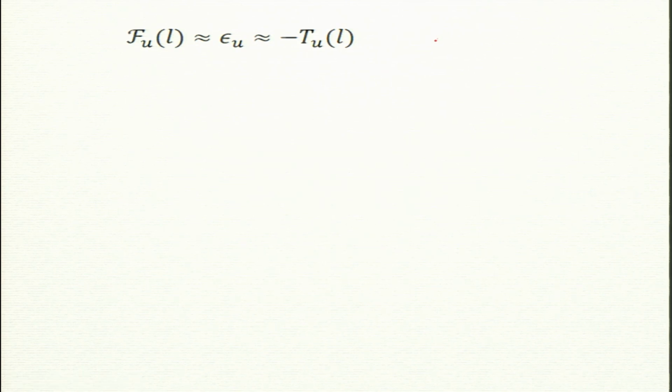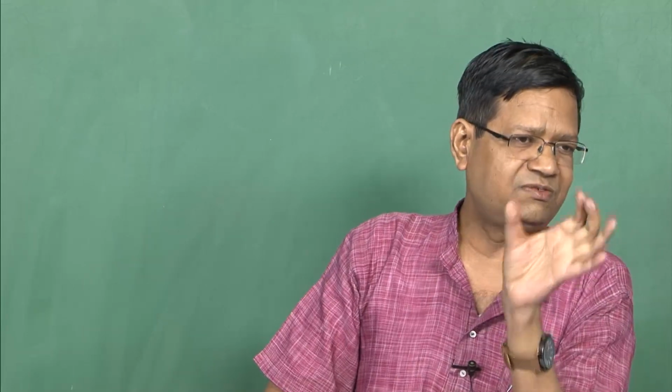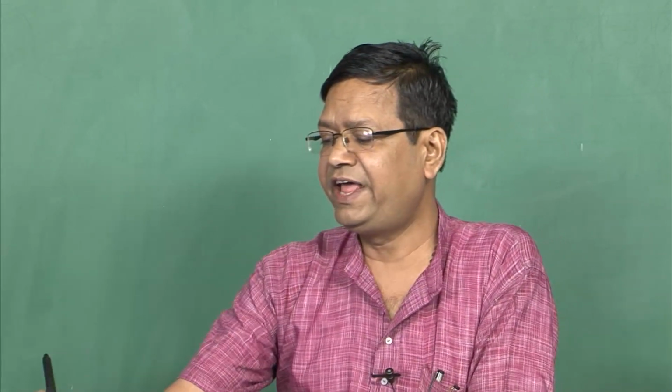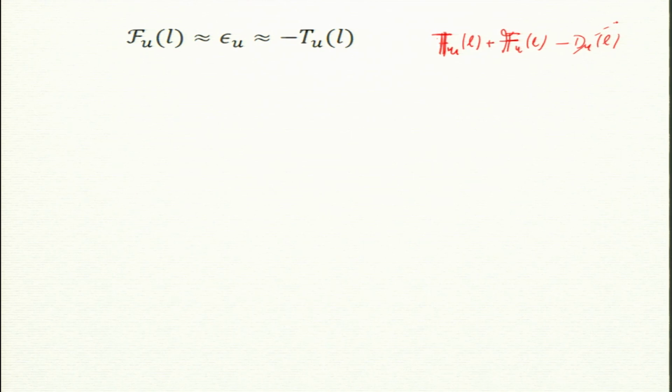So if you remember, d by dt is gone. So that was Tu of L plus Fu of L, math cal actually, because this is force times velocity, minus du of L. I am interested in the inertial range, whose length scale is bigger than the dissipation range. Viscosity is significant only at the very small scale dissipation range. So go to the inertial range, which is the intermediate scale. So this term is negligible. Dissipation is effective only at small scales. So this term is gone. So you relate these two with a minus sign.